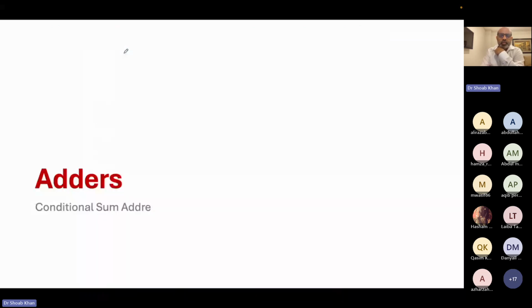Brent-Kung adder. So perhaps you will find, like, still people are finding interesting ways of adding numbers, just adding numbers, which is so fundamental to what we learn maybe in class 1. And you will find people still exploring interesting ways, because that's all you do, you add numbers. So let's just take a